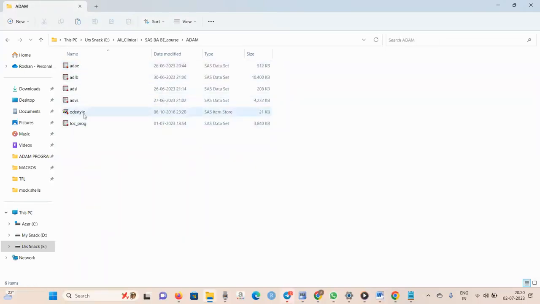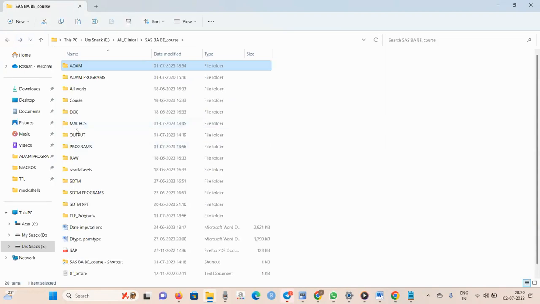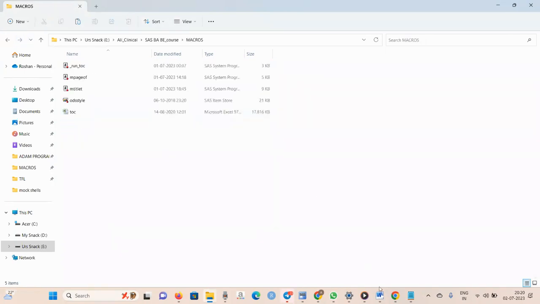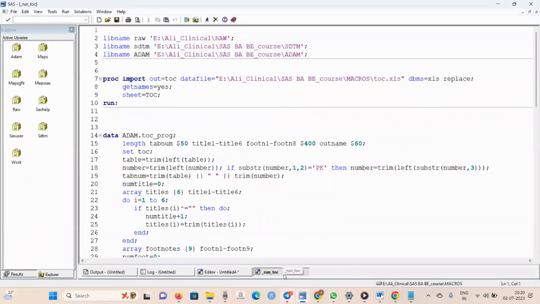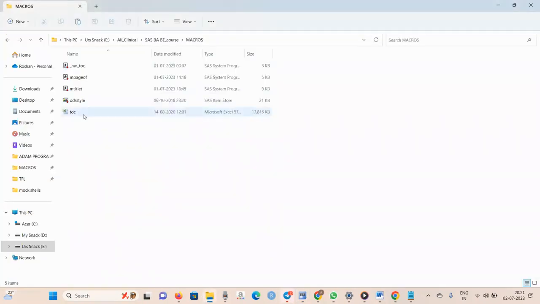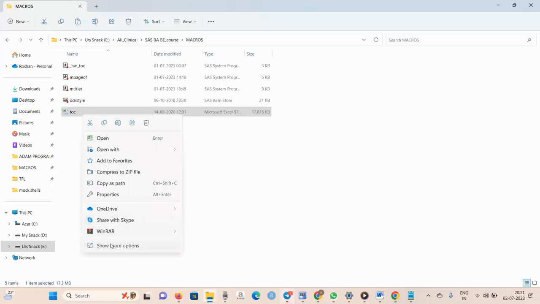You paste it there, where you save the Adam datasets. You understand, right? Then you go to the run TOC macro, where you update the path for the toc.xls. Which one is the toc.xls? This one. You click on properties,